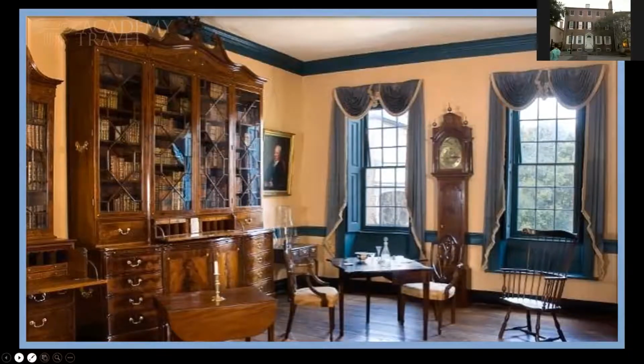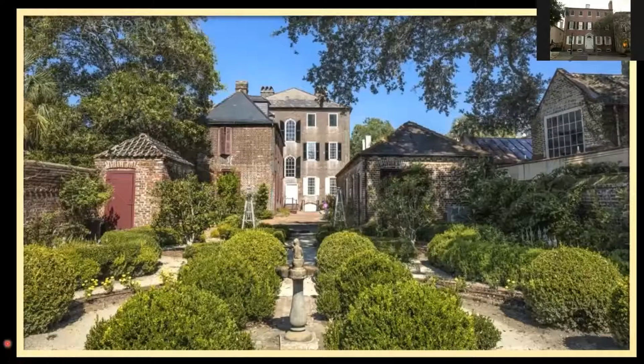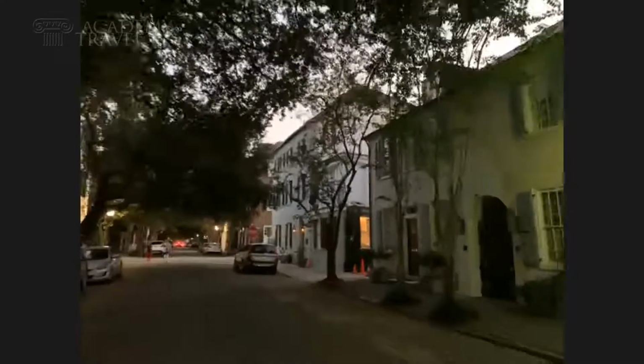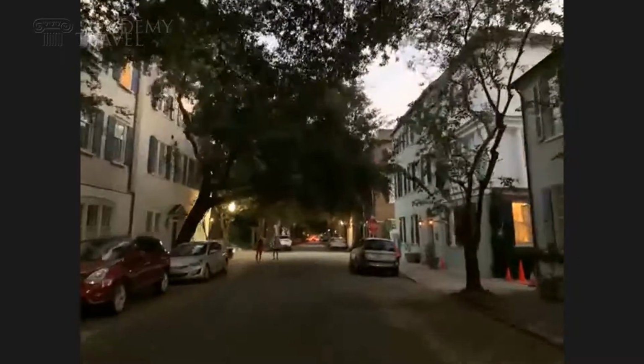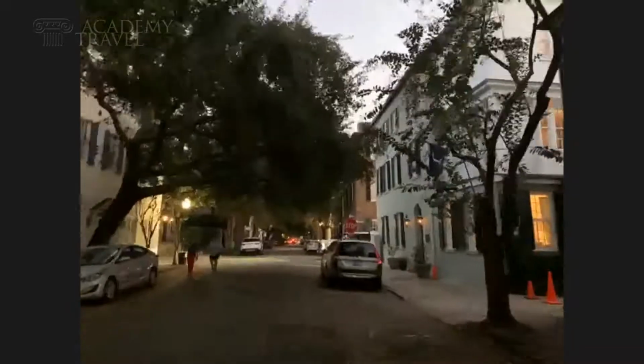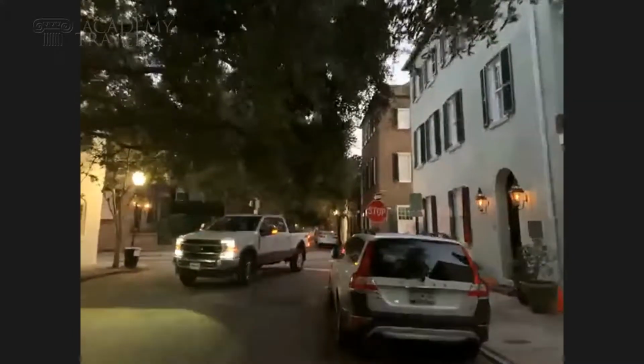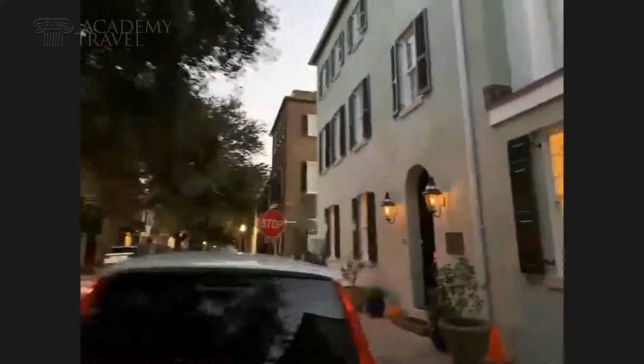And then out the back of the Hayward Washington House, which we also have an image of, you can see what an original colonial era garden or allotment looked like behind one of these houses. And this also gives you a sense of how long and how large the lots are here in Charleston. Not a lot of houses still maintain those kind of gardens and allotments. As a result, they've been filled in, and progressively the city's become more dense over time. But initially, it's like a little mini plantation. You have a large open garden at the back and the ability to grow all sorts of things to use in your kitchens and all sorts of outhouses to do your domestic duties in. So the Hayward Washington House is a really good, pristine example of what the very earliest houses in Charleston look like.